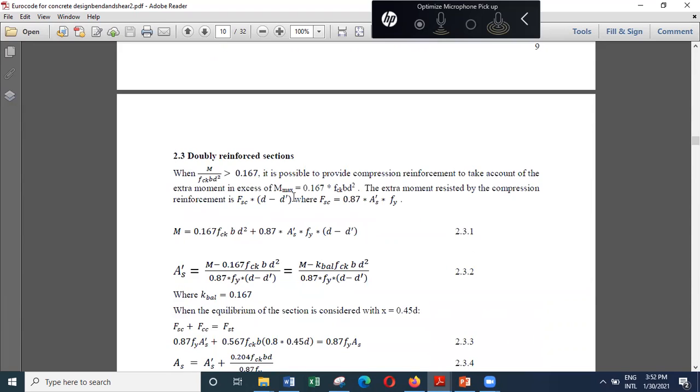So then shall I move on to this next section, that is doubly reinforced sections. Any questions on this? I'm sure you are all familiar, but we'll quickly cover these things because some of these equations we'll be using later when you are doing the various foundation designs. So now I'll move on to this doubly reinforced section,